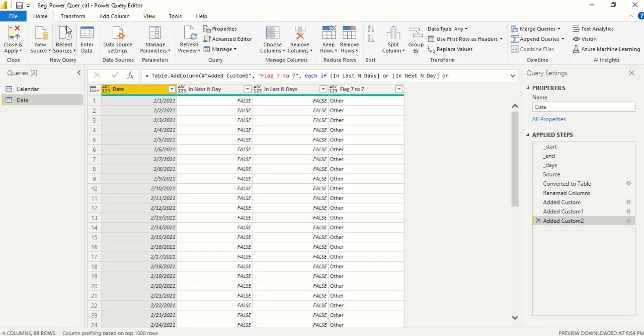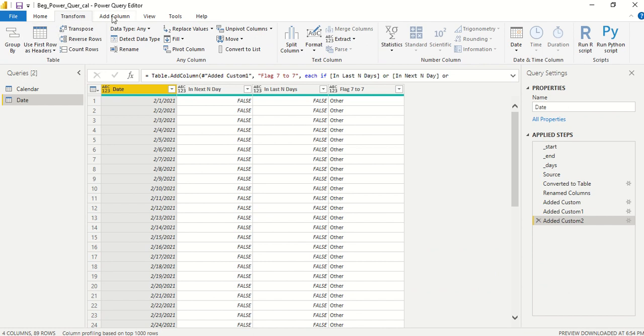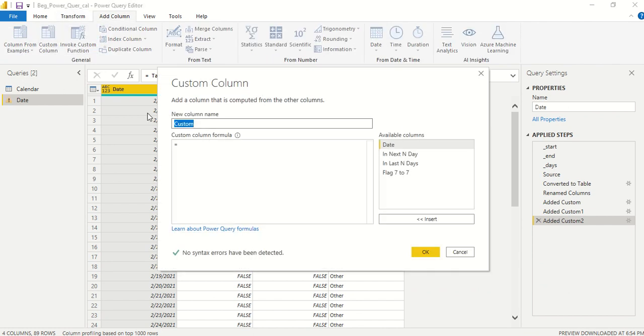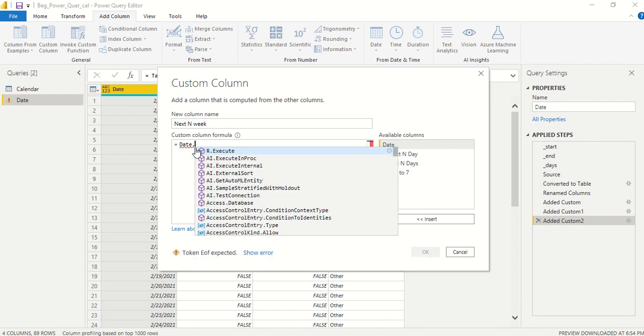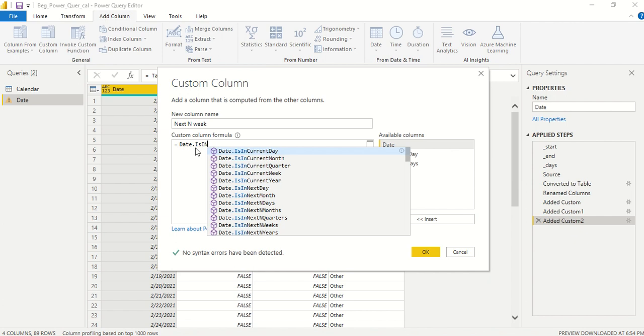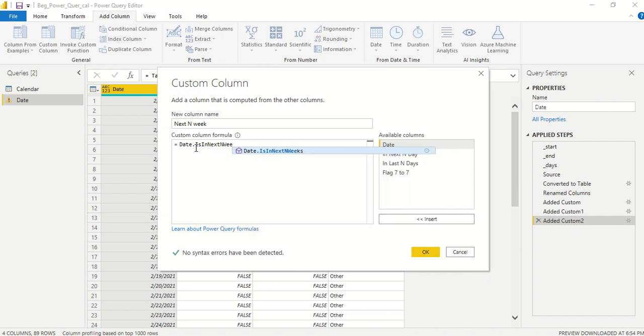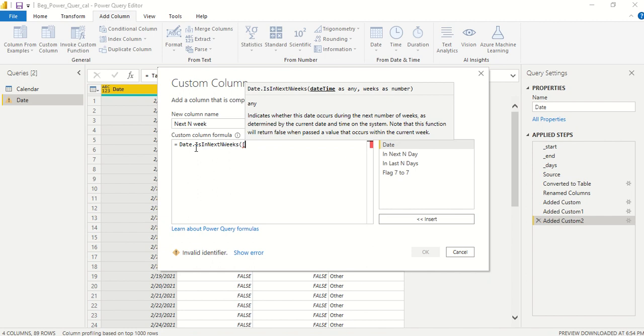Now I'm going to create a new column, and in this new column I'm going to check whether the dates fall in the next couple of weeks. So next n weeks, and I'm going to say Date.IsInNextNWeeks and date.